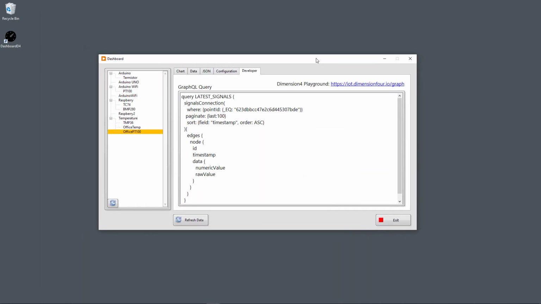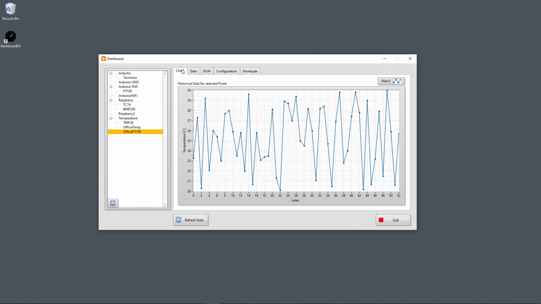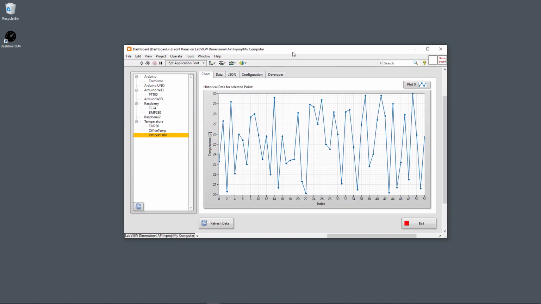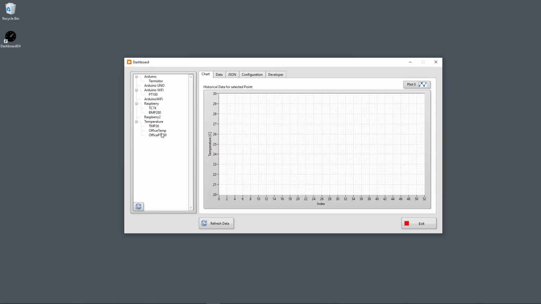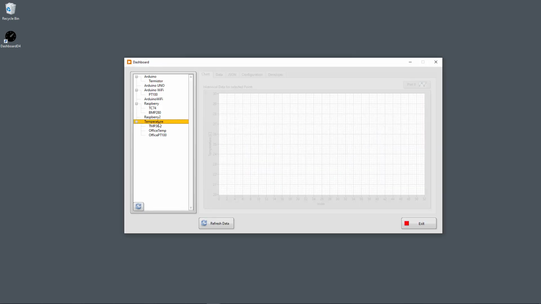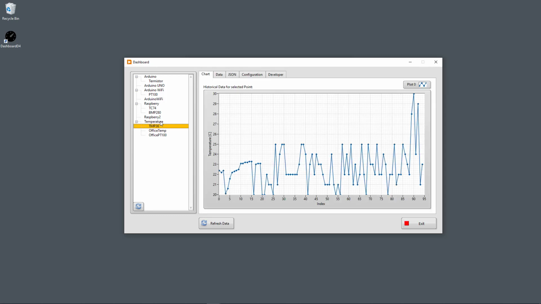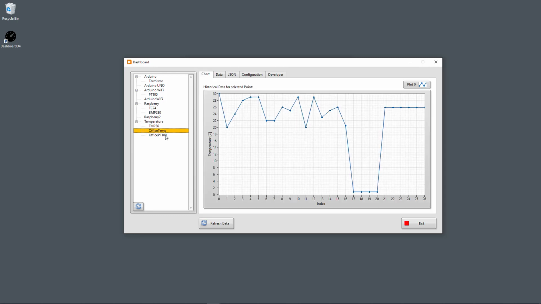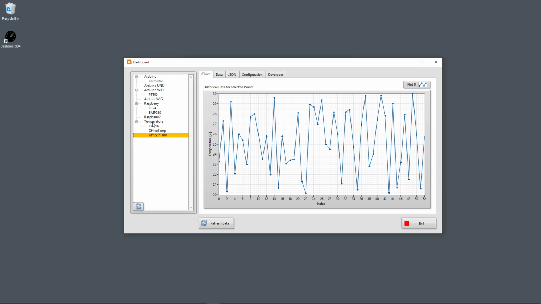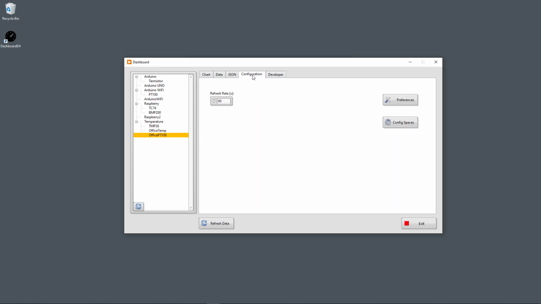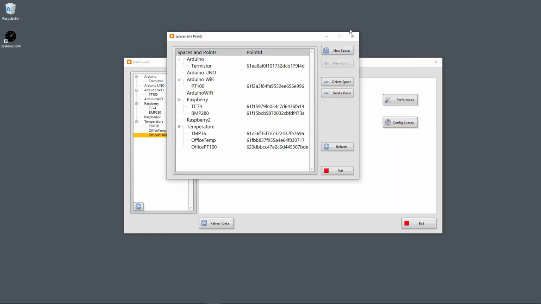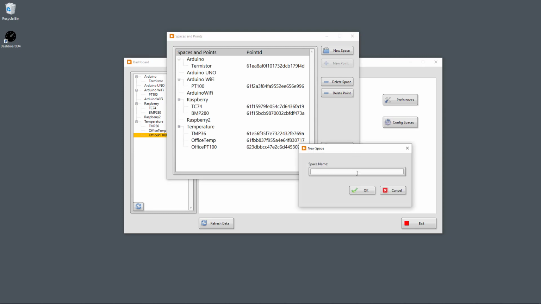Let's go back to this dashboard application. So the next thing I can do is to create a new space. So let's create a new space. Then I go to configuration, configure spaces. Let's create a new space. Let's call it my space,